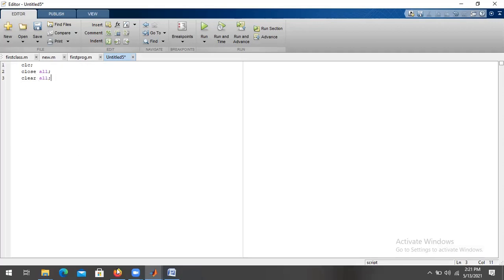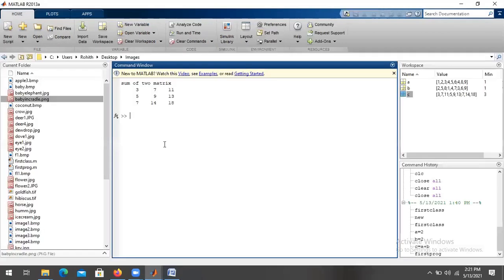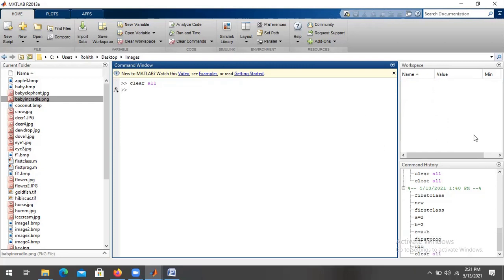Every time, if I write clc and press enter, the command window will be cleared. If I write clear all, whatever is in the workspace will be removed.